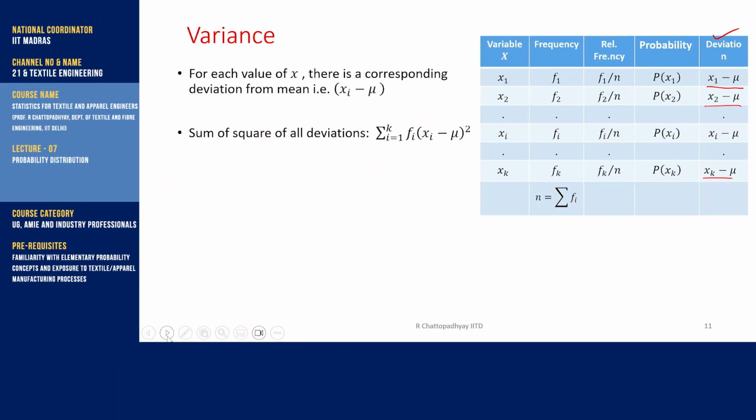So just by finding out the total deviations, we will not be able to really measure the variability, because that will give you the value which is 0. So what we need to do is that we take the sum of square of all deviations,